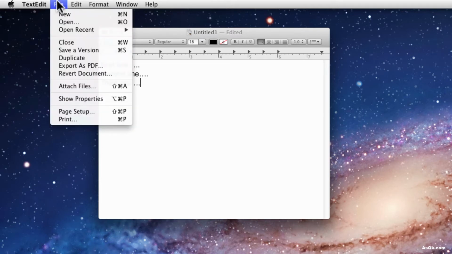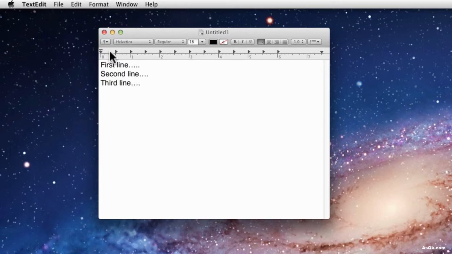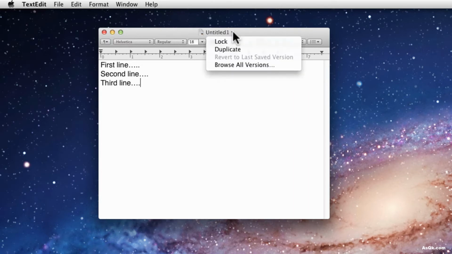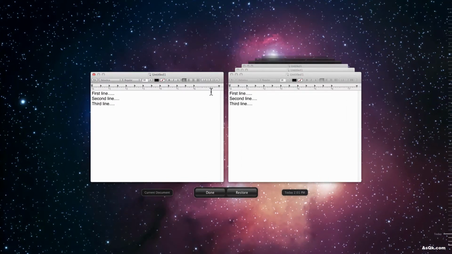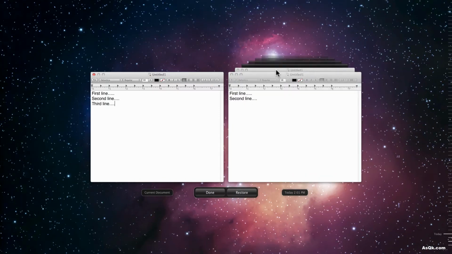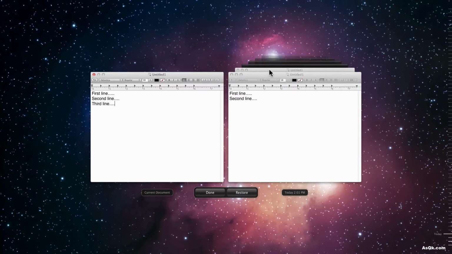And save it again. So now I have 3 versions. If I ever want to go back for any reason, I can do so by clicking this triangle and go to browse all versions. Then it'll take me back to all the versions that I saved. So right now I only have 3, but I can go back to the second one or the first one,